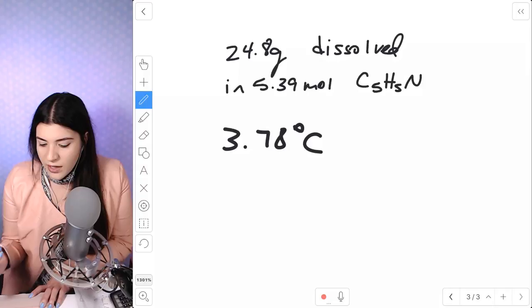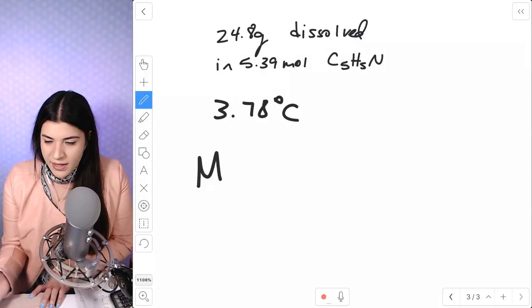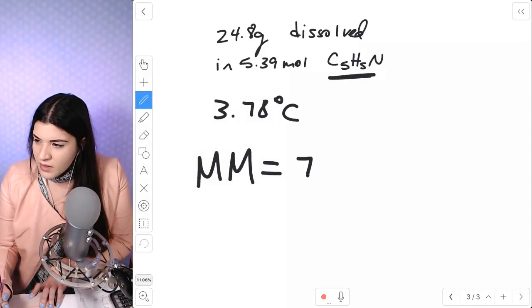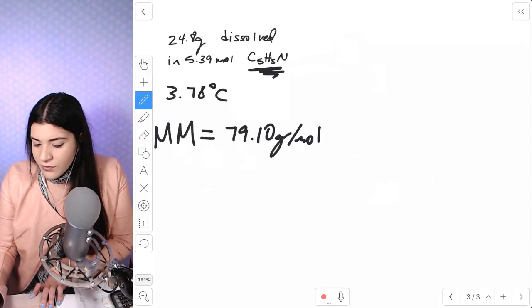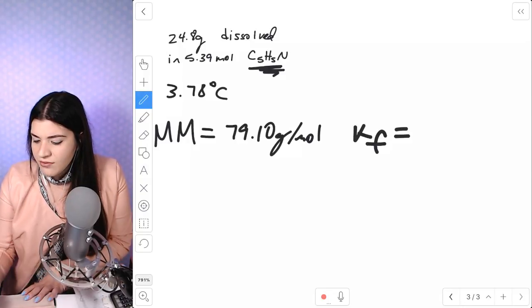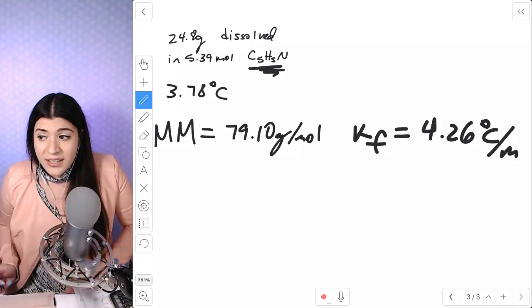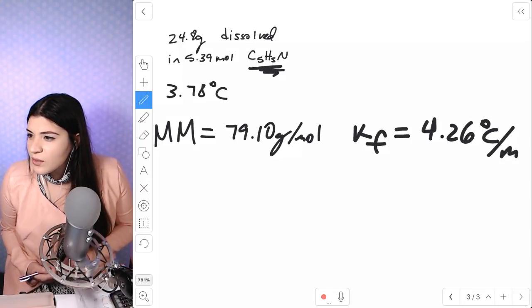Okay, so we have the molar mass, and I'm just going to say mm, that just means molar mass, of our pyridine, which is 9.10 grams per mole. We're given our freezing constant, which is known as Kf, 4.26 degrees Celsius divided by molality, which is small m. And then they're saying calculate the molar mass of our solute, and then we know our...